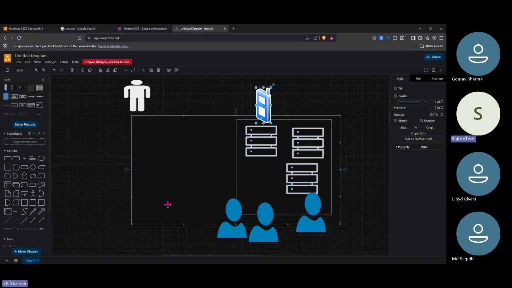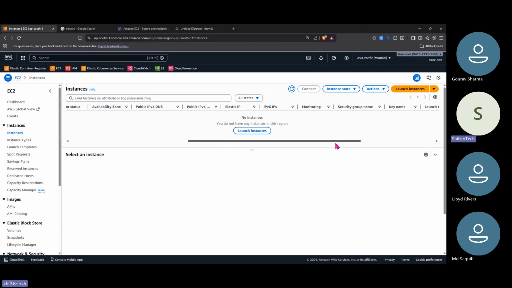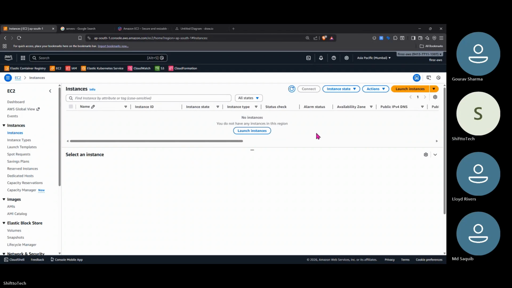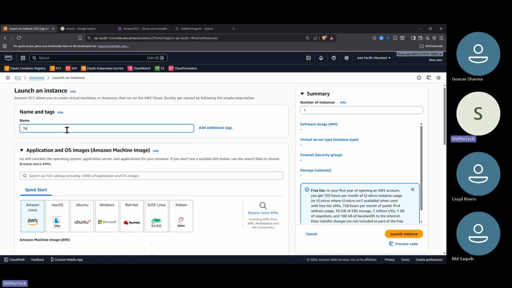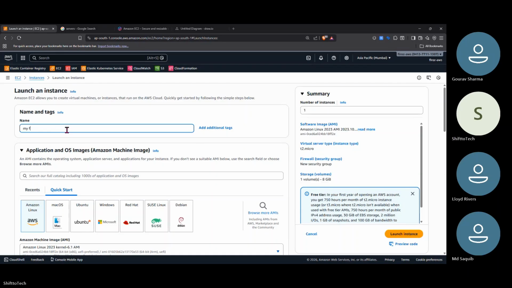Now what is happening? You already have the computer which you own, but you are renting it. If you need some server, you will go here, click launch instance, and name it Test server, my first instance.